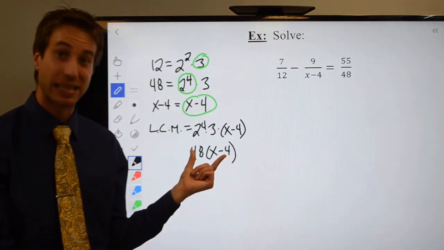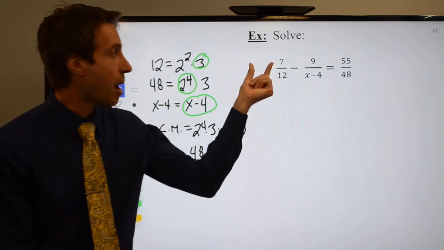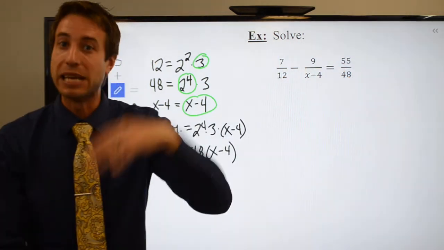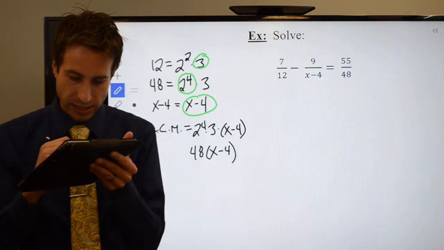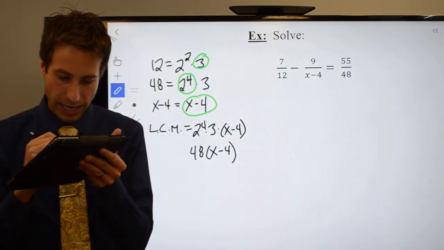This LCM needs to be multiplied by everybody in my original rational equation. So again, I'm going to have to squeeze a little bit here, but here's what I would get. I would get 48